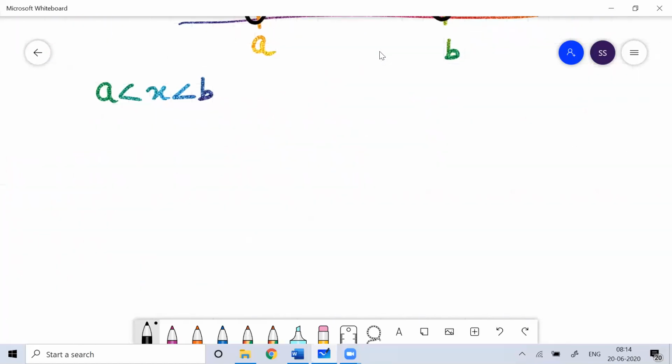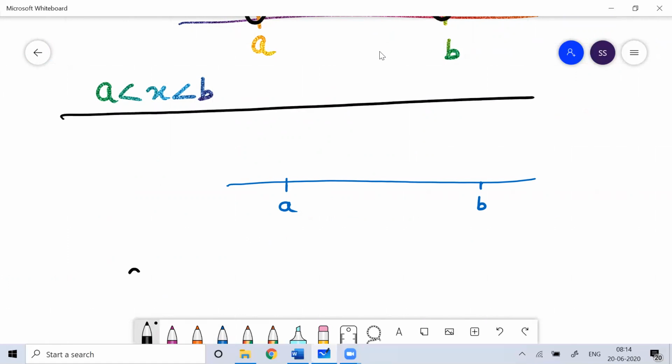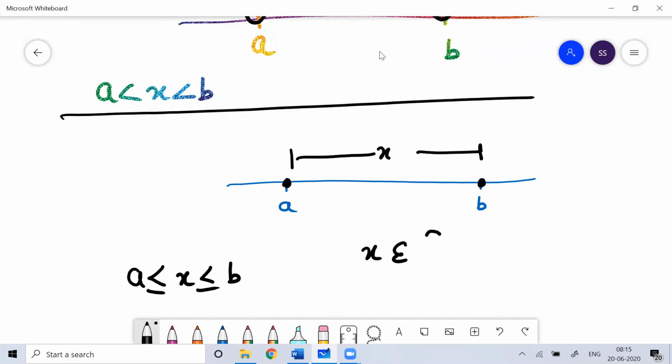Similarly, if I talk about a relationship like this, suppose this is A and suppose this is B, and the value of my x is from A to B, where the graph is like this, the x value is from A to B, where the values of A and B would be included. So that I represent with this filled circle. I hope you understood.